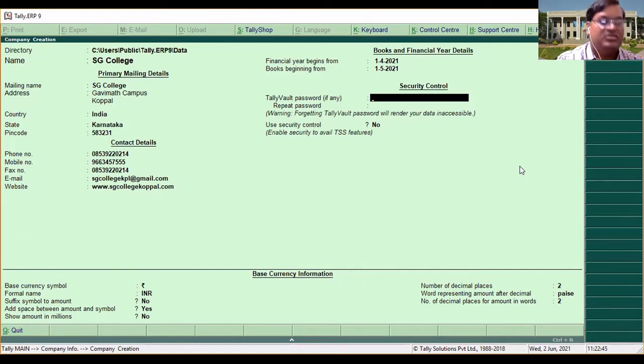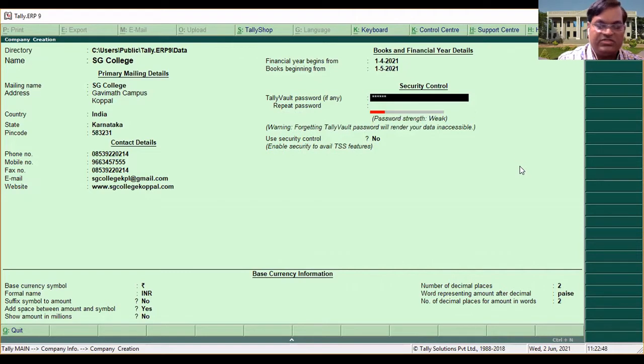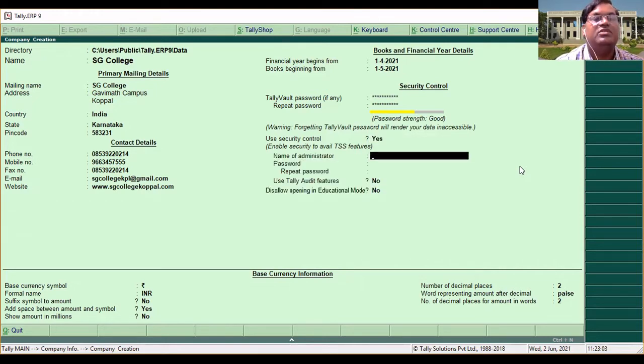Okay, so I'm going to provide the password. 2 times you need to type the password. After that, user security control. If you want, you can specify user security control. Again, you can give the company operating permissions to different users with different usernames and passwords.